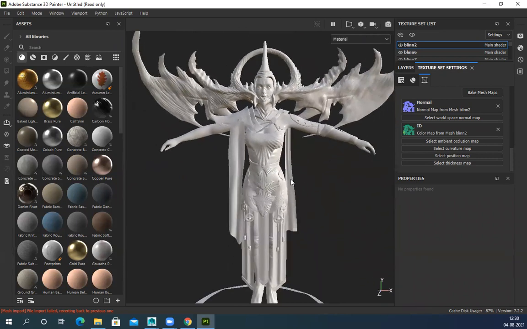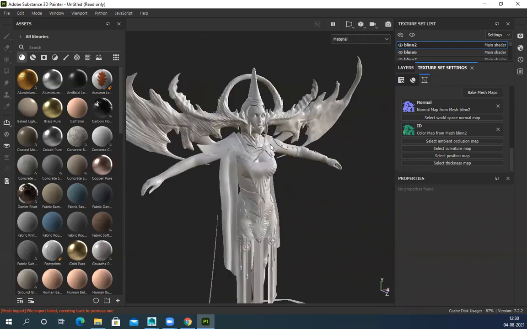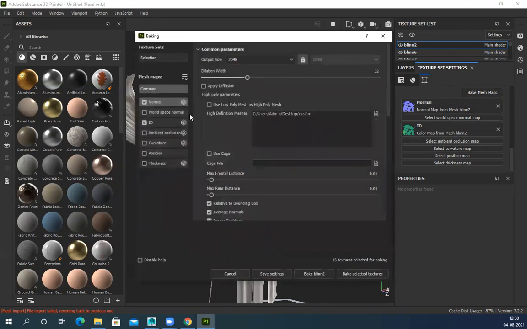I'm going to use this file for my final texturing. I baked it in exploded mode because the UVs are the same, so it will read those parts very easily. Now I have to bake the rest of the parts. Delete this one, use low poly as high poly. The rest of the maps, except ID and normal, now need to be baked.